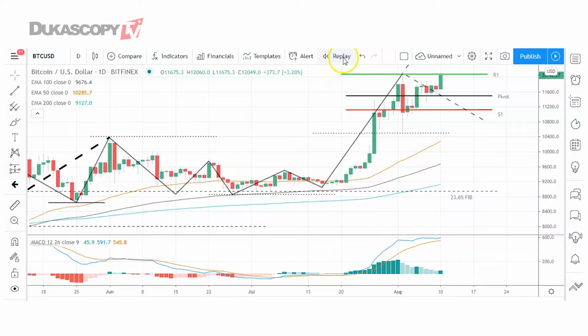Jumping straight into Bitcoin against the US dollar, it's a bullish start to the week for Bitcoin. Looking at the daily candlesticks, we're seeing Bitcoin rally to an early Monday morning high of 12,060 before pulling back. Key through the week will be to avoid a fallback through the pivot at 11,506 to support a breakout from that